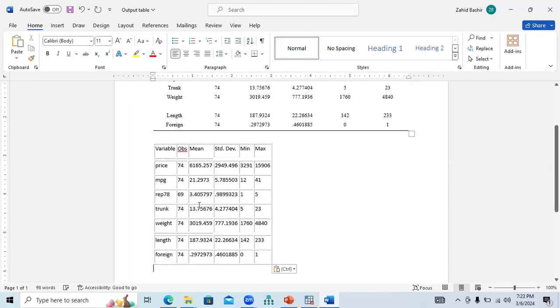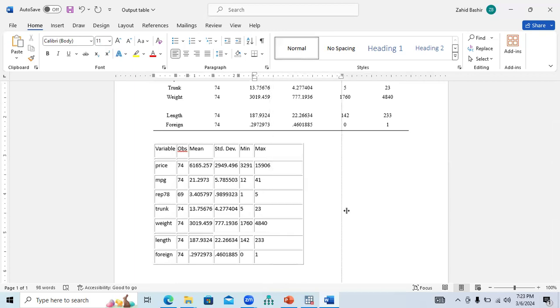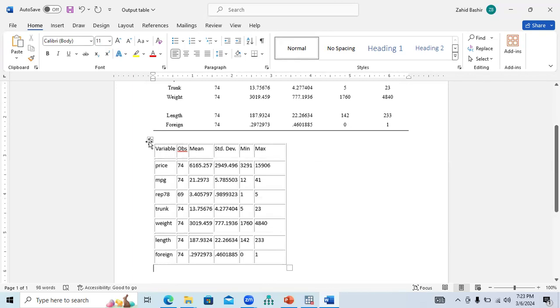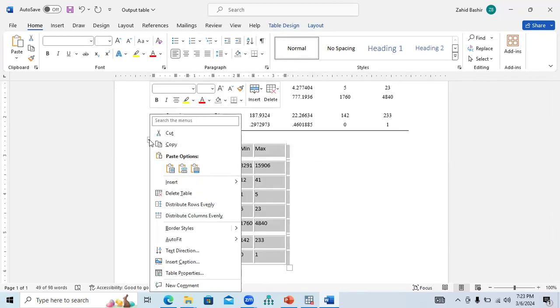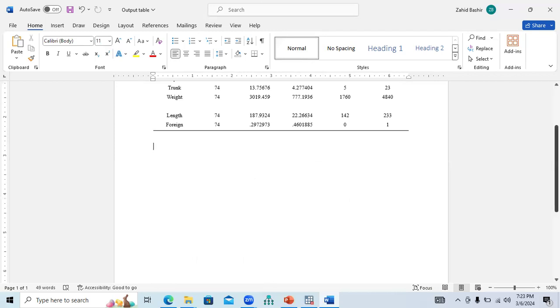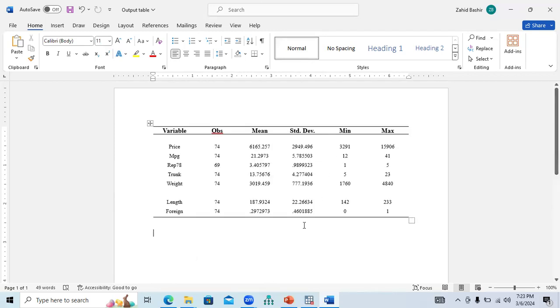Yes. In case of HTML table, it looks like this. This is a very effective option when you need to copy and paste the table into some website. In case of a website, this table is basically useful. But in case of your document, this table is not useful. So always try to use the option